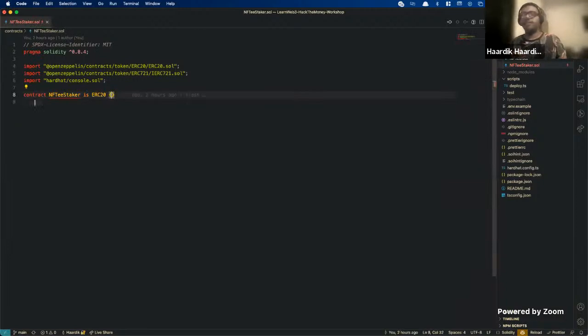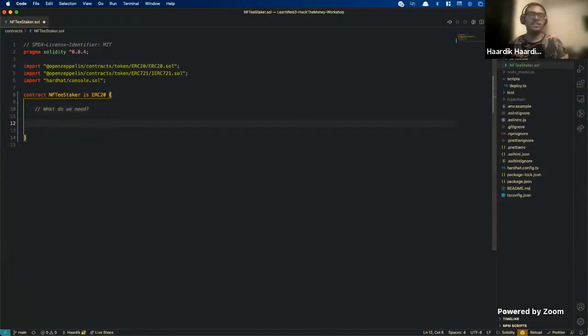So, NFT staker. Let's try to think about what do we need. What do we need to build an NFT staking contract, right? People think it's some sort of